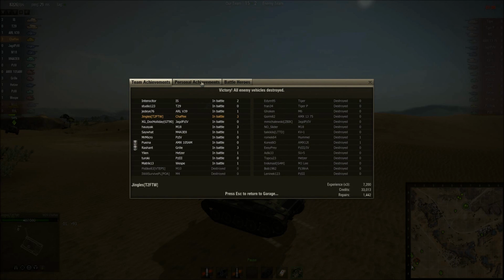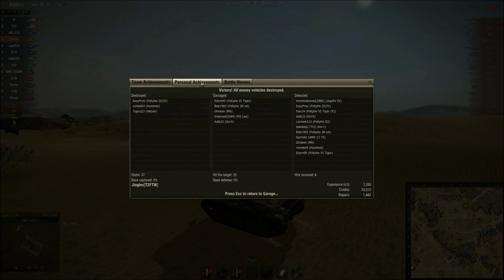So let's see how we did. Now that's not bad. 3 kills, 5 damage, nearly got the Confederate medal. And God, how many is that? 1, 2, 3, 4, 5, 6, 7, 8, 9, 10, 11 detected. And don't forget,